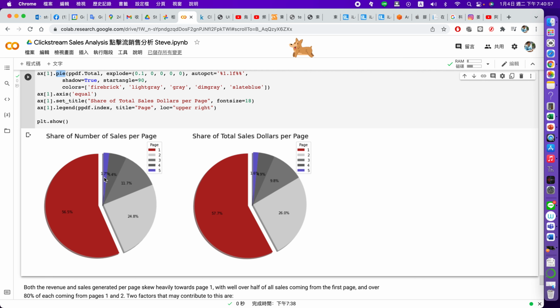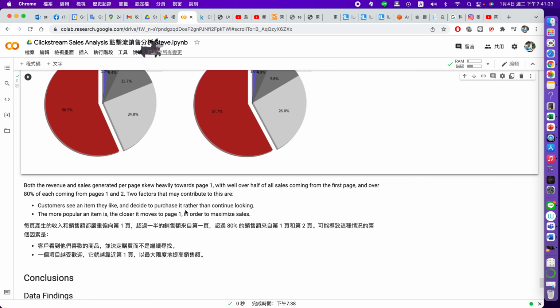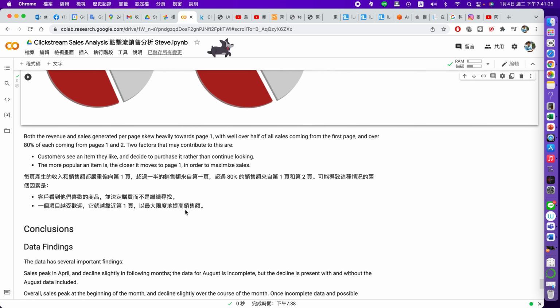So no one goes to page 5 to shop. Always shopping in the first 2 pages. Okay, so you can see the first page and the second page dominate, maybe 80% of the total sale. OK，所以第一页跟第二页已经占了80%以上。